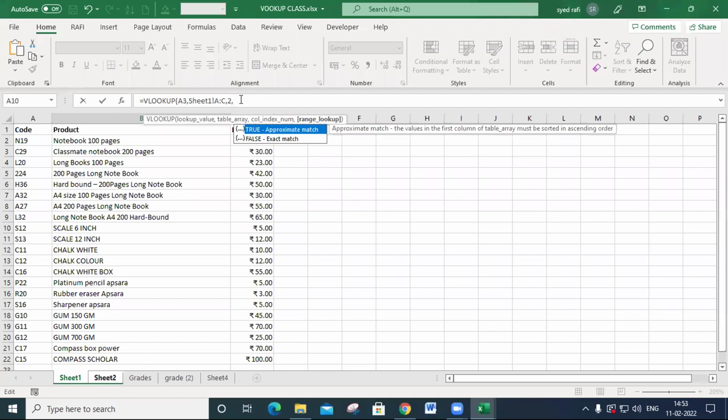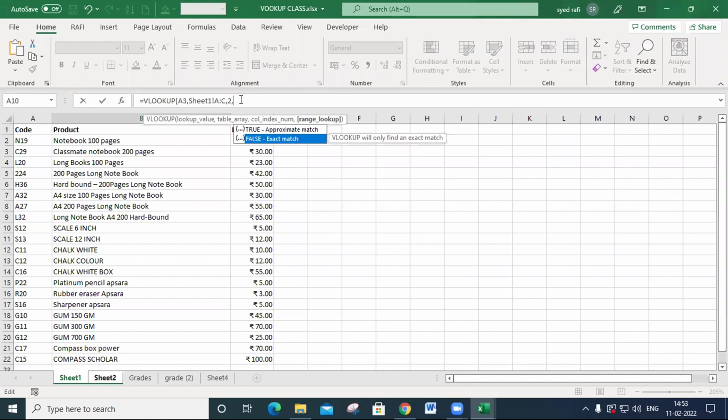True means approximate match. False means exact match. In later classes, I will explain both of these. So here I select the exact match.